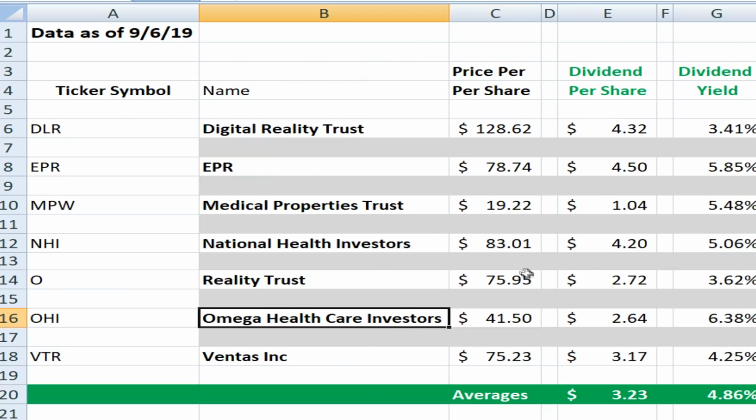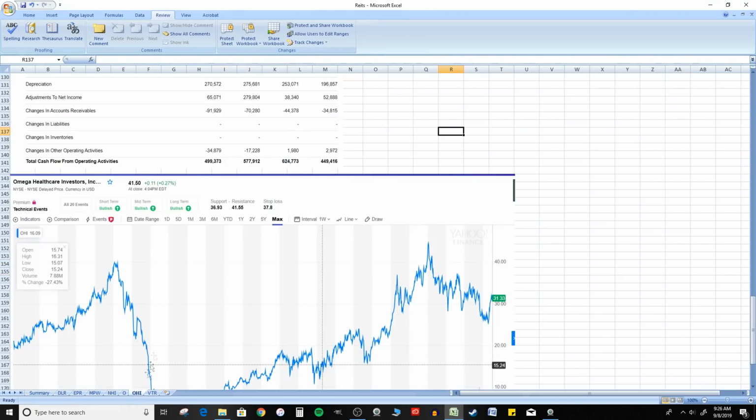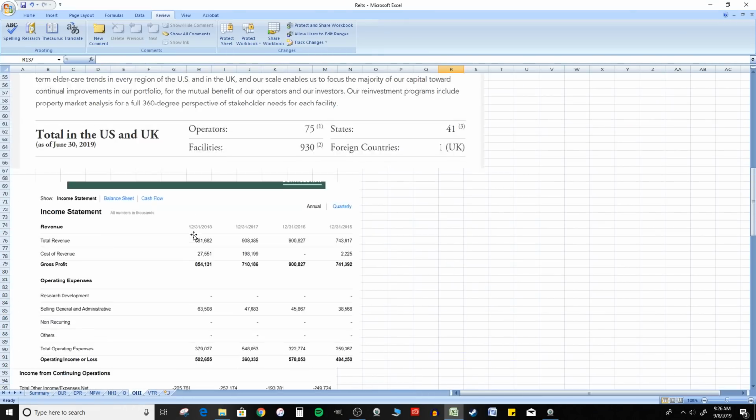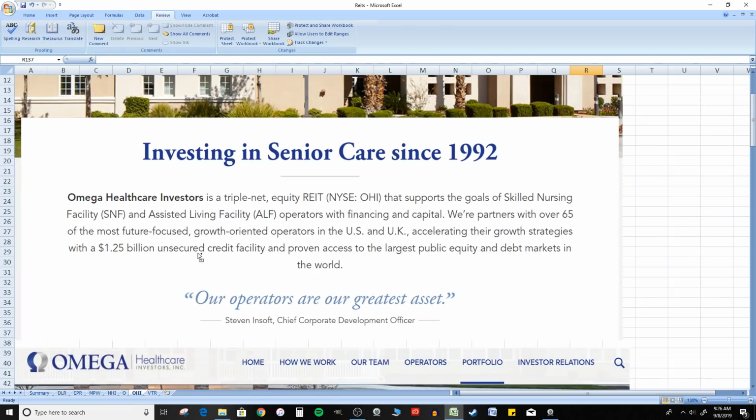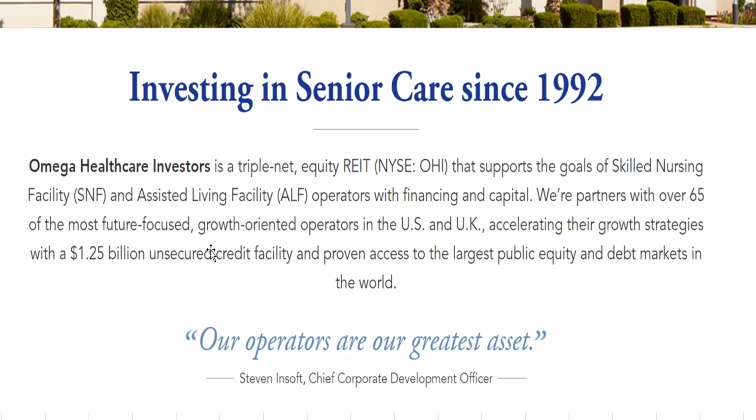Omega Healthcare Investors, all right? This is another healthcare-related REIT. Senior housing is what they're all about. So let me click on the tab here. Let me scroll to the top. And let's see, it says, investing in senior care since 1992. It says, Omega Healthcare Investors is a triple net equity REIT that supports the goals of skilled nursing facility, SNF,